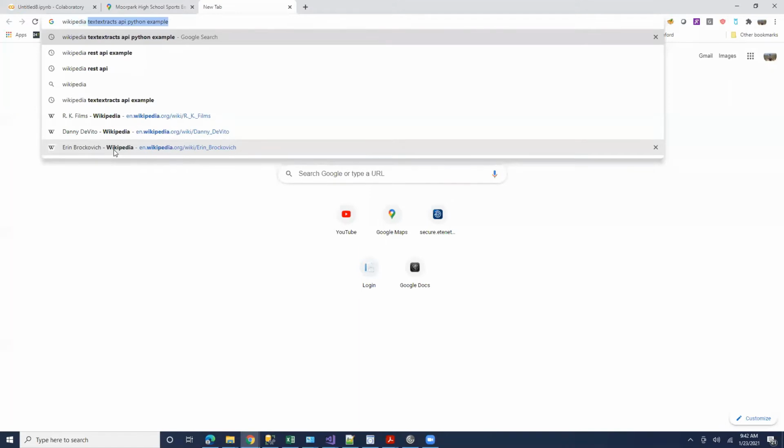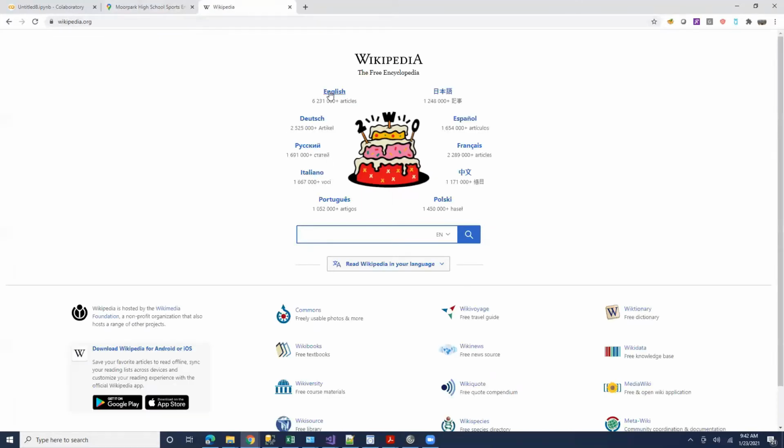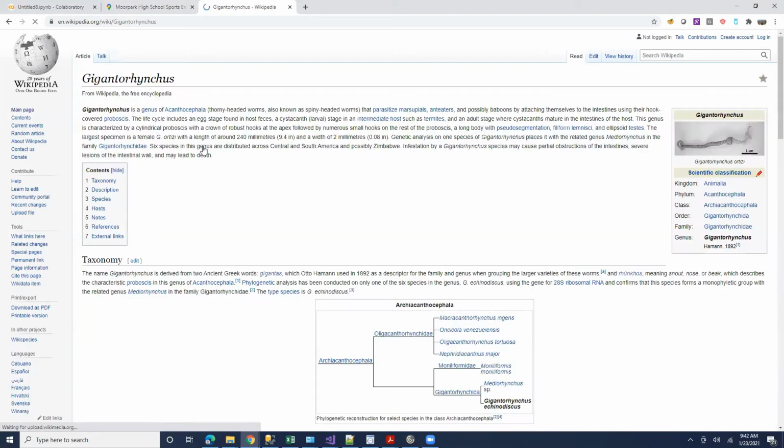For example, I want to go to Wikipedia. I would just go to wikipedia.org, very nice. Then I go to English Wikipedia. Then let's say I click on this, today's topic. So this is a web page. All of you know that this is a web page.